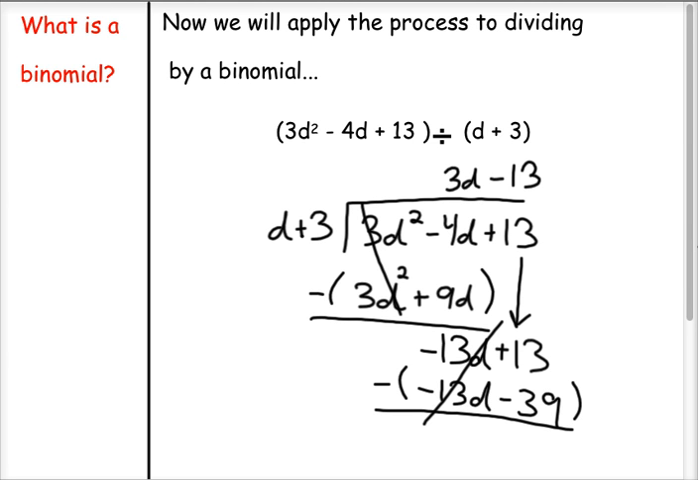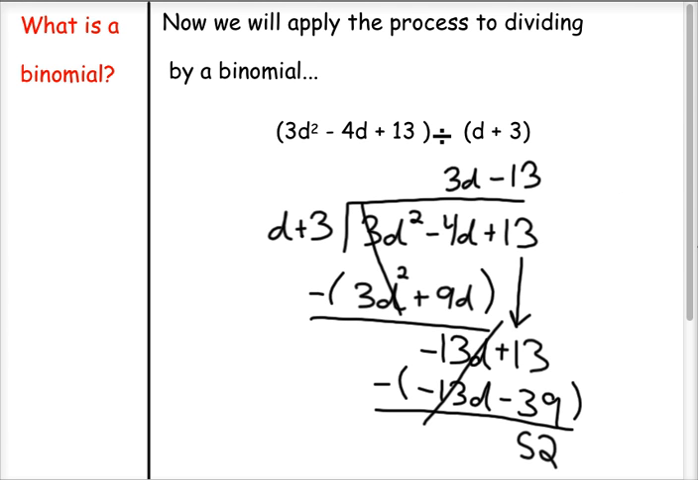13 minus negative 39. Remember, subtracting a negative is really the same thing as adding. So 13 plus 39, you end up getting 52. Now, just like before, when we have something left but there are no more numbers to pull down, that 52 becomes our remainder. However, we are much more sophisticated math students than using remainders, all right? So instead of calling that a remainder of 52,